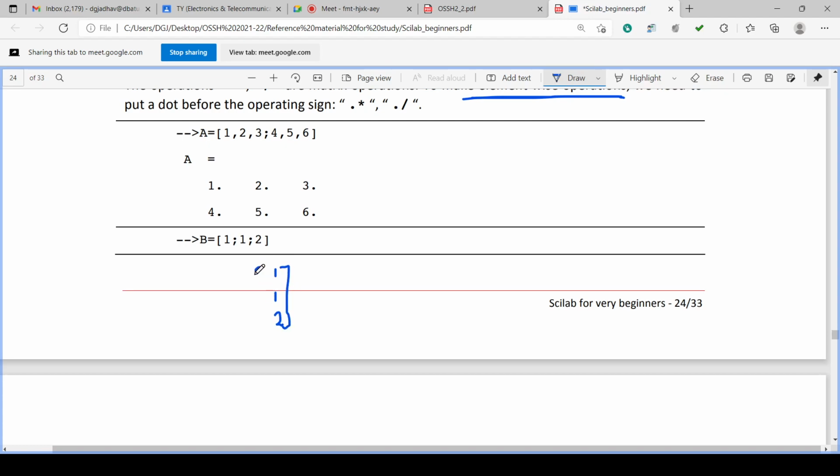Because of the semicolon, B is 3 cross 1. And what is A's dimension? 2 cross 3. So we can multiply A into B, because 2 cross 3 and 3 cross 1 will give 2 cross 1. These are the matrix multiplication rules.